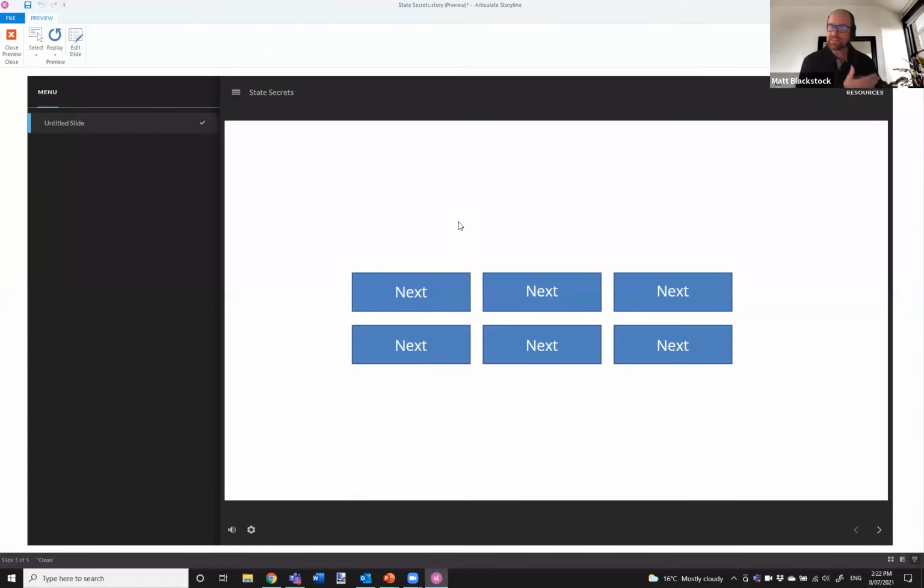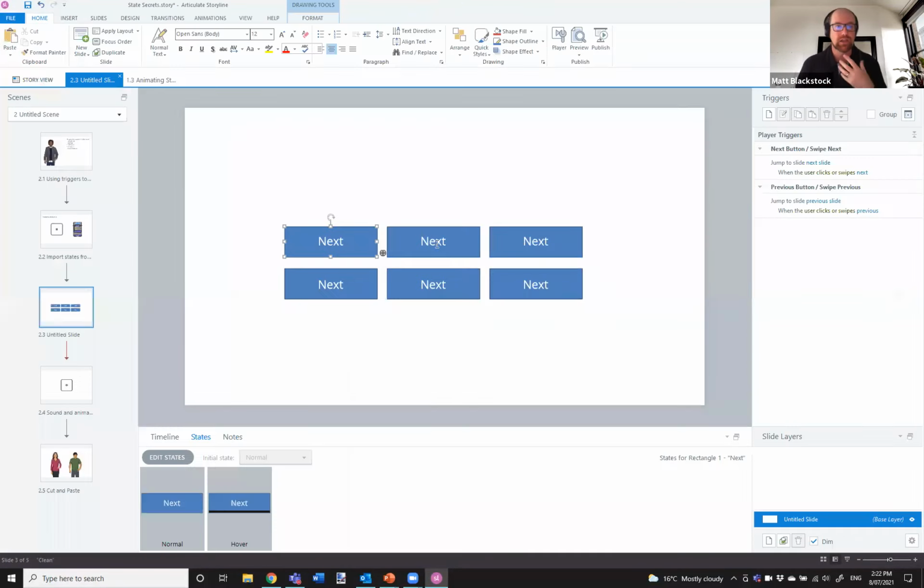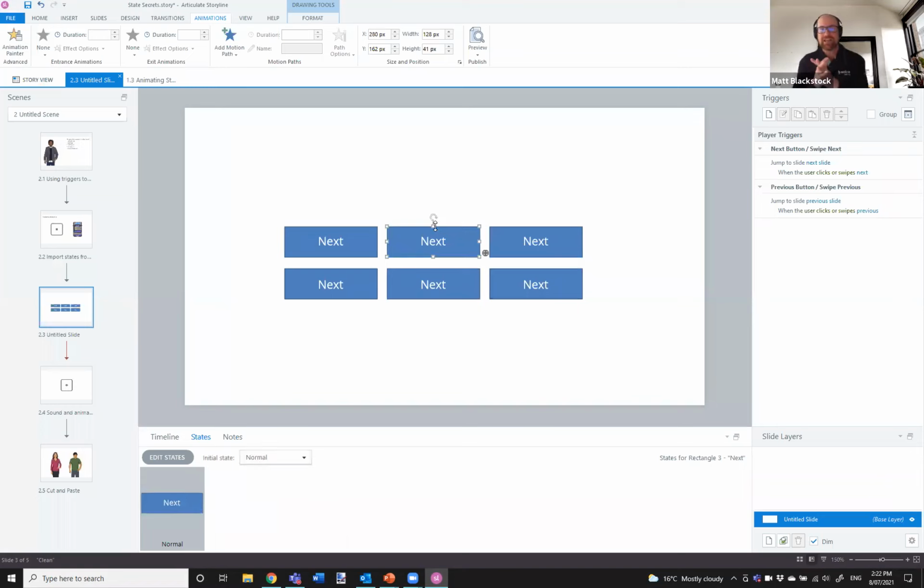So the ones I showed you on the previous ones, the lines running down the left or down the right or across the bottom, they're all the same format. But if we wanted to create one that splits open to a different color or has a diamond shape, if you remember those ones, it's slightly different how we'd go about doing that. What we'd have to do is add an item to animate. This is just part of the way that states work. So let me show you what I mean.